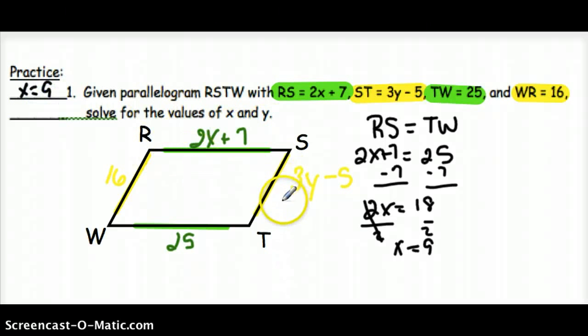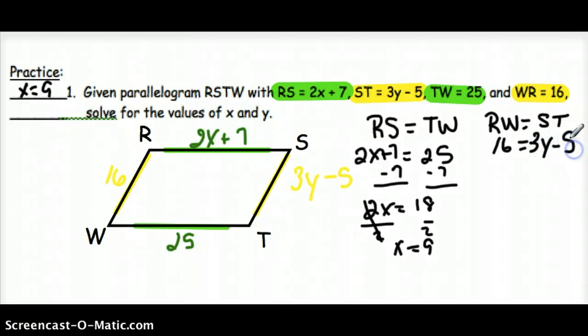And now we would do the same exact thing for RW and ST. So RW and ST are opposite sides. Opposite sides are congruent, so the lengths are equal in measure. So we have RW as 16, and we have ST as 3y minus 5. We're just substituting in what they have given us for those lengths. I'm going to solve for y,